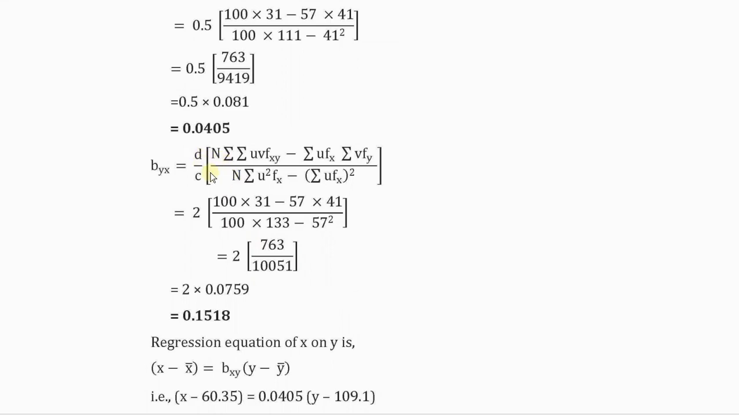into n into double summation of uv into fxy minus summation of u into fx into summation of v into fy divided by n into summation of u square fx minus summation of u fx whole square. So that is 2 into 100 into 31 minus 57 into 41 divided by 100 into 133 minus 57 square. So that results into 2 into 0.0759,